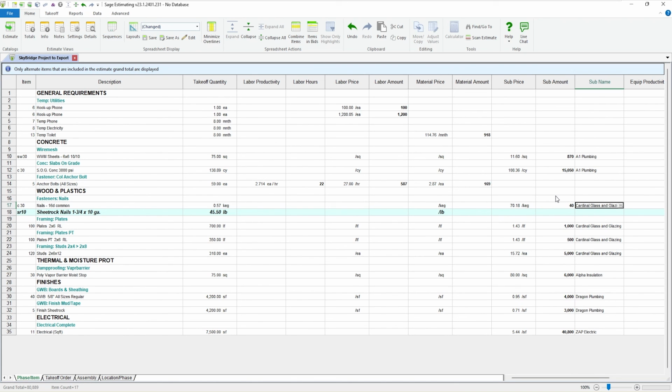And that's pretty much what it takes to close out an estimate. It's just a nice way to get that estimate from BidMetrics back into Sage Estimating to do other reporting, field reports, transferring to job costs, some of those types of things.